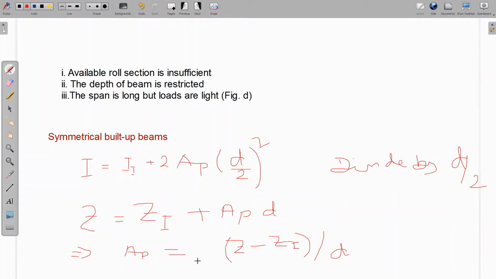What I mean to say simply is, suppose from the loading conditions we know the section modulus required for a section, then we have to choose an I section from the steel table that will have a section modulus Zi. Then the area of the cover plate for one side in case of a symmetrical built-up beam will be AP, and using this equation we can find it out. Whenever we are choosing it, increase this value by 20%. Why do we increase it? Because it is to take care of this approximation as well as the rebate rule that we have not considered.